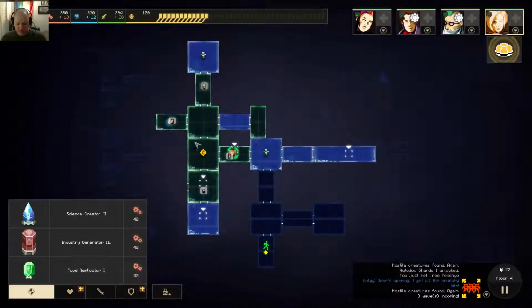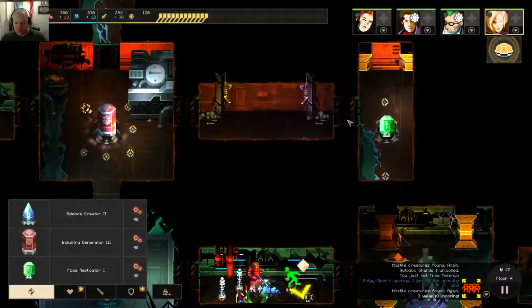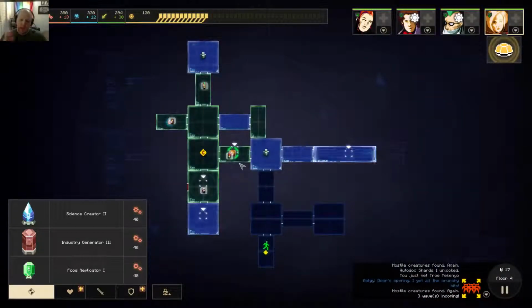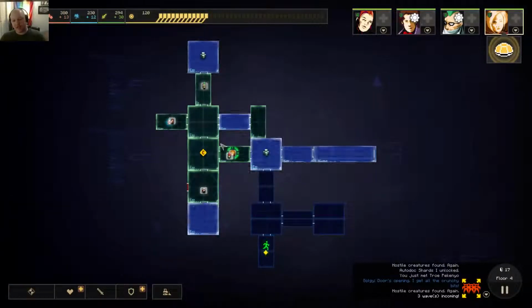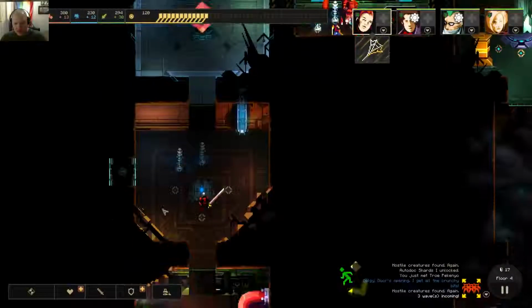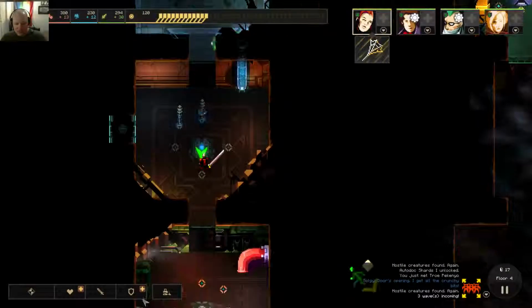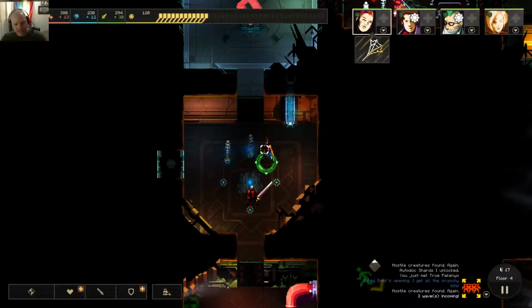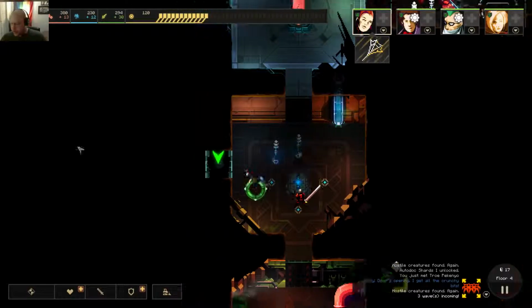Alright, let's do an economic consideration here. Wait, is there really a door between these two? Oh, there's no door between these two, that's what it is. Okay. There's only one door left. One door cannot generate 40 additional units of shit. So... 2.88. I just don't know. I think I'm just gonna...